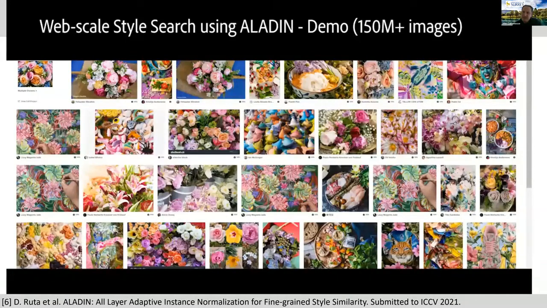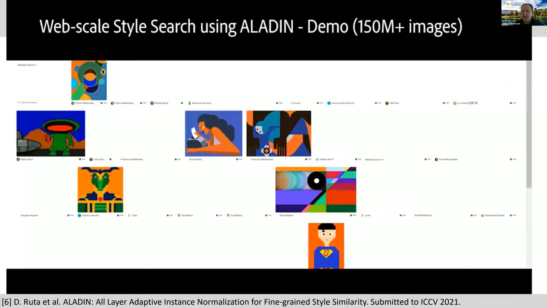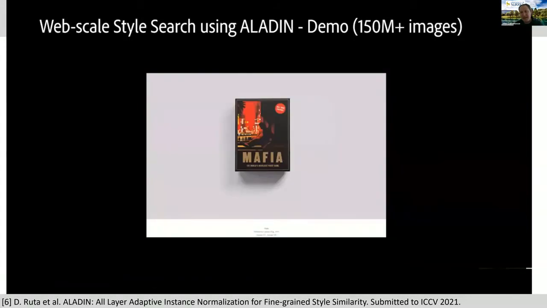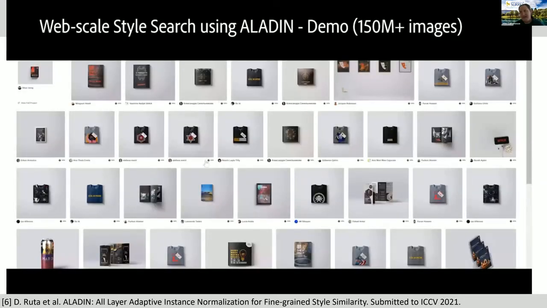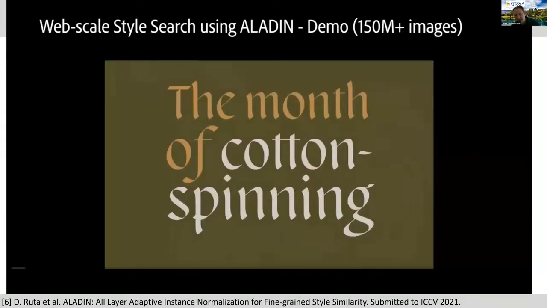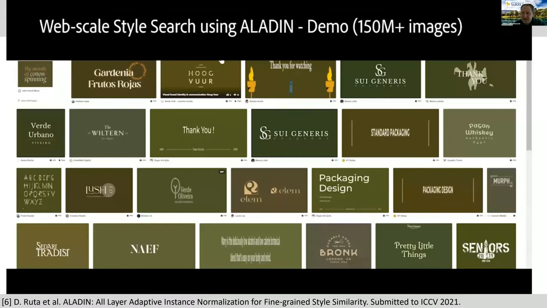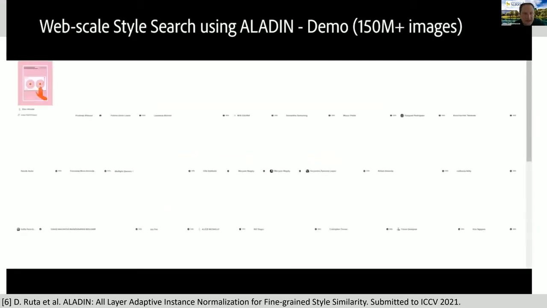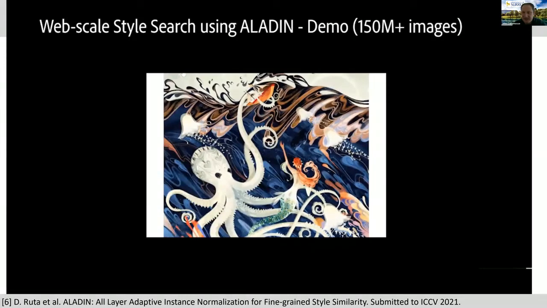So on Behance, when artists publish their content, they publish them in these little mini or micro collections called projects. And just by looking at commonalities within those projects, our network was able to learn without any explicit supervision to say, you know, this is an example of watercolor or this is an example of oil paint. And you can see in this video here examples of search images and resulting content back from Behance from 150 million images searching on similar style.